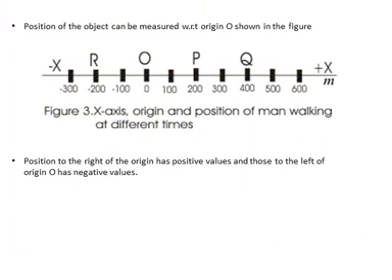And here you have to note one very important point, that the position of an object you have to measure with respect to the origin, and if you are measuring position to the right of the origin, then you have to take positive values, and if you have to take the left of the origin, then you have to take negative values.